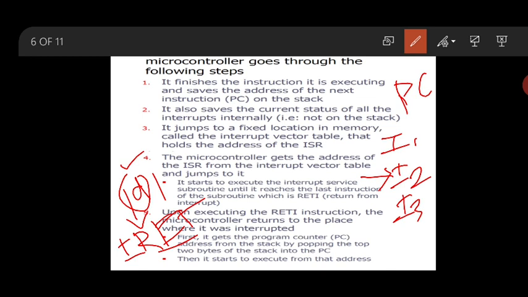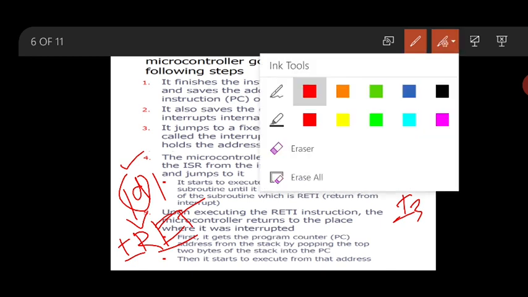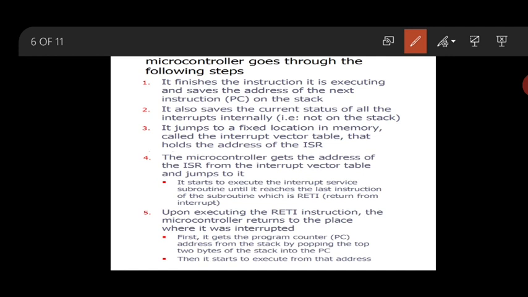From the interrupt you return back. I hope you understood. When it is returned back, the PC will be loaded with the address of P2.